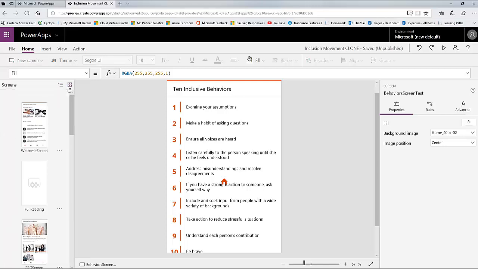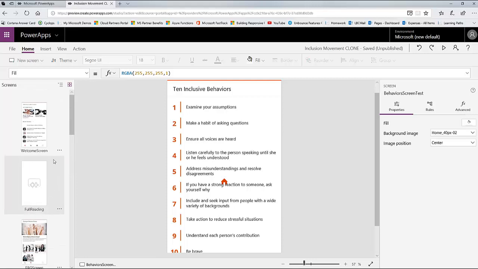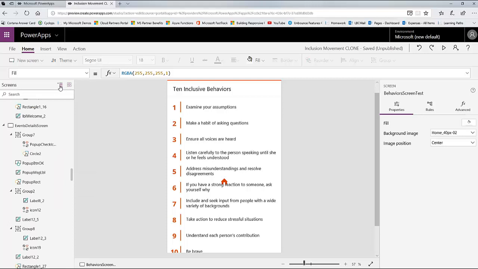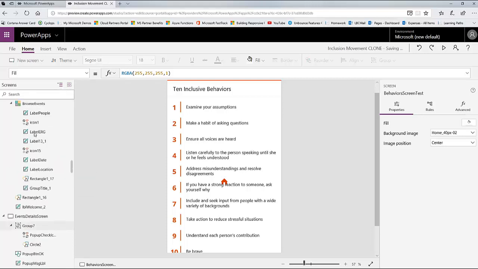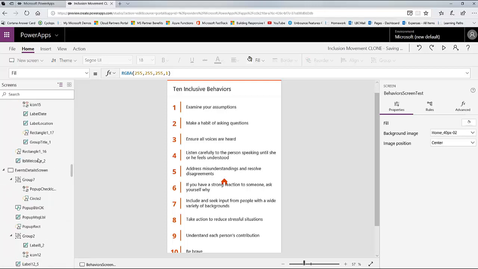Those of you that have been with me for over a year, you remember when we just had this view, which was screen by screen by screen, very much like PowerPoint has slide by slide by slide, and you could move slides around, you could duplicate slides, and you had fun doing things like that. But then we added this second option here, which is now the default, that enables us to browse every single control in this app, which is